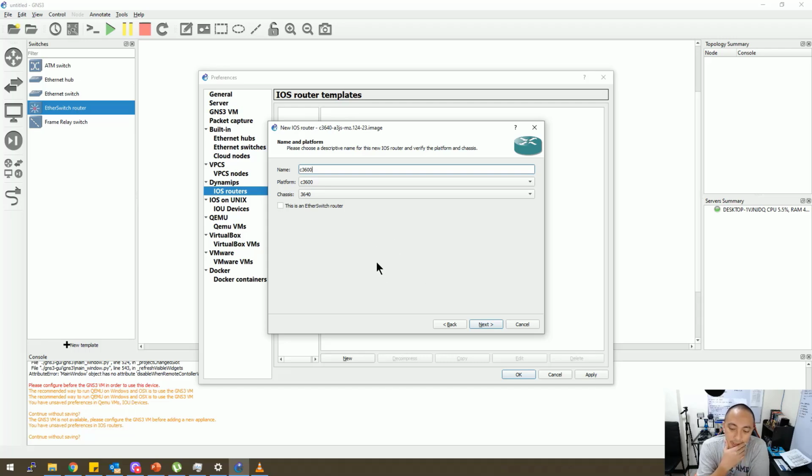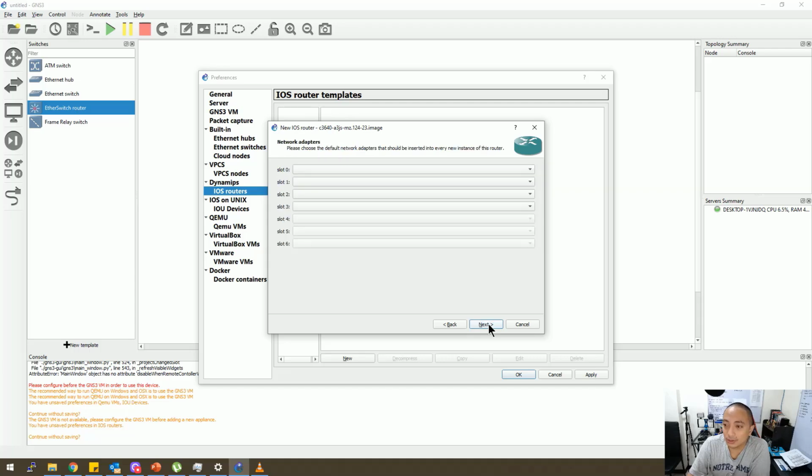Technically kasi sa GNS3, we can use switching. Okay. Medyo nahihirapan siya with switching unless meron kayong VIOS. Okay. Pero medyo mahirap i-set up yun kasi kailangan mo pa ng GNS3 VM. So we'll just go with itong 3640 and we will trick GNS3 na thinking this is a switch. So, click lang natin yan, 3640, just click on next. Default RAM is 192 MB. Automatic na yan eh. Huwag nyo nang galawin to kasi ito yung recommended RAM ng GNS3 for the 3640 model